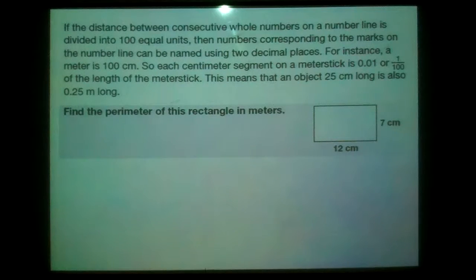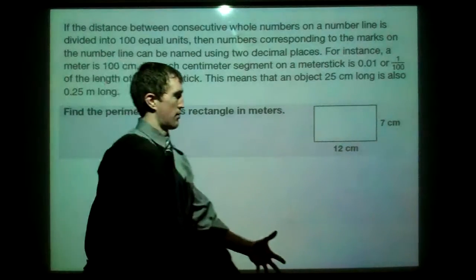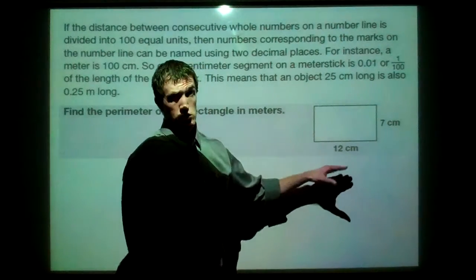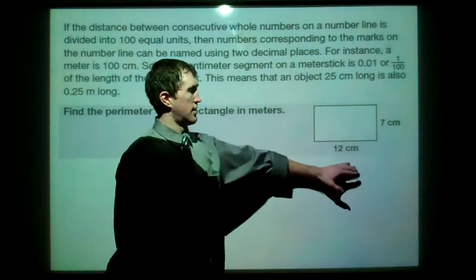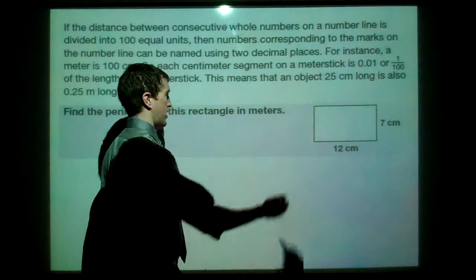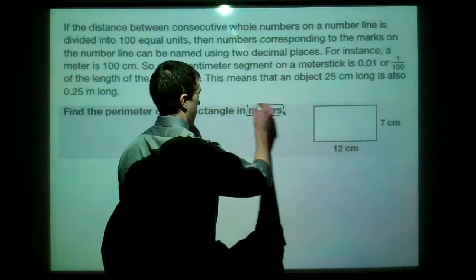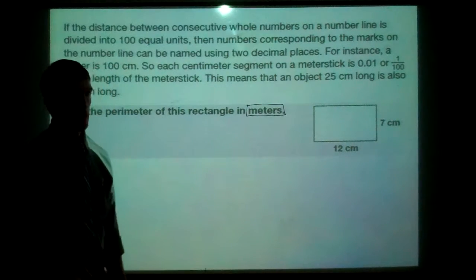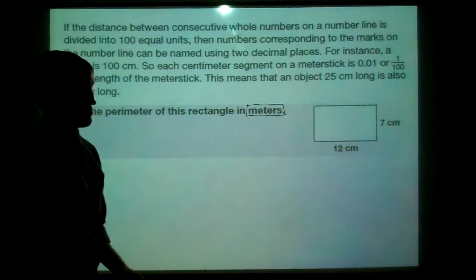So let's look at something like this. The perimeter of this rectangle in meters, that's what we're looking for. Find the perimeter of the rectangle in meters. Now the issue that we should notice right away is they want it in meters, but they have this rectangle in centimeters. So we want to circle that or square it, and we want to make sure that we change those centimeters